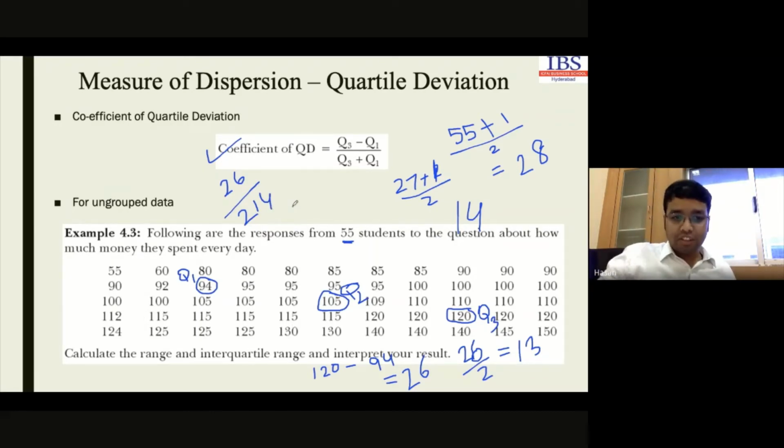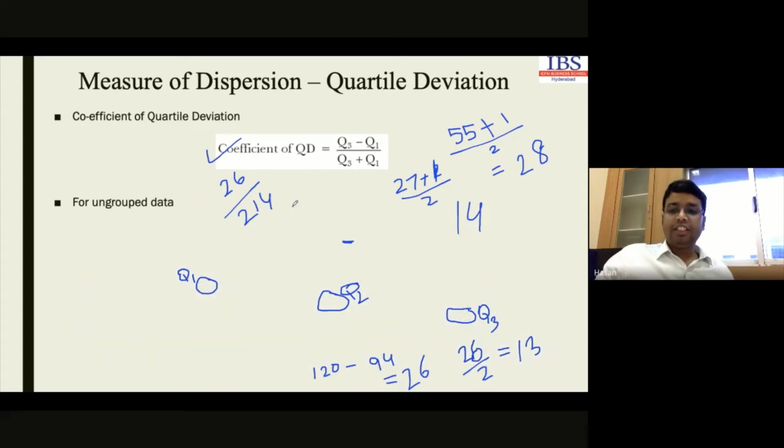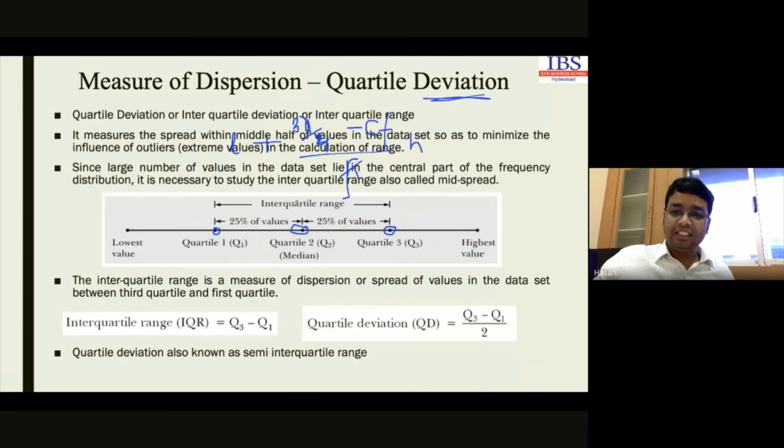Now interpretation. Look at the interpretation here. Go back to the previous slide. What is here? Quartile deviation is primarily concerned about the middle 50% of the data. From 0 to this is 50%, and from this point to this is again 50%. So quartile deviation is primarily concerned about the middle 50% of the data, where we are mostly about to remove the outliers from our data points. Okay. So this is the concept of quartile deviation.